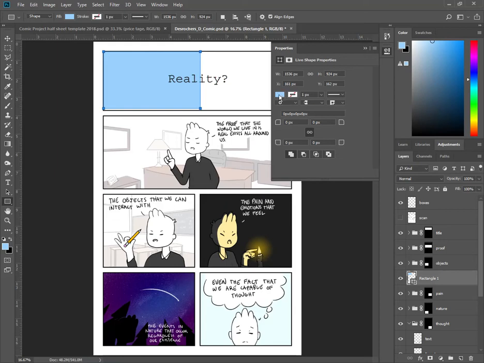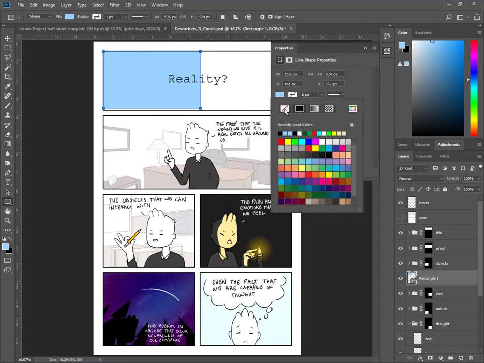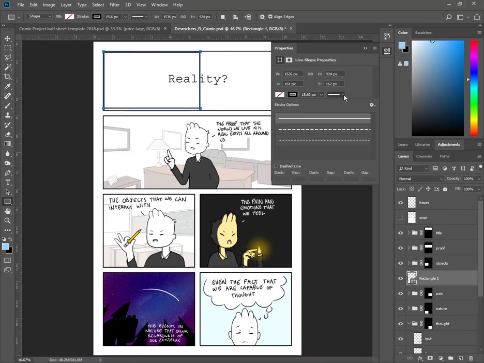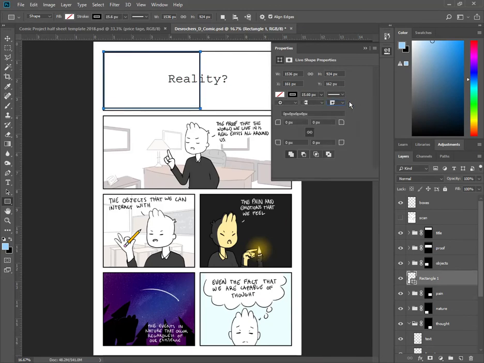You can, over here in the properties, change its properties. So maybe I'm going to change it to having no fill and having a stroke of black, and I can change the size of that stroke. And from there, you can set the stroke to the inside or to the outside of the shape itself. I usually go for the inside of the shape, which is already kind of defaulted to. Then you can move this around, and from there, if you have that shape,